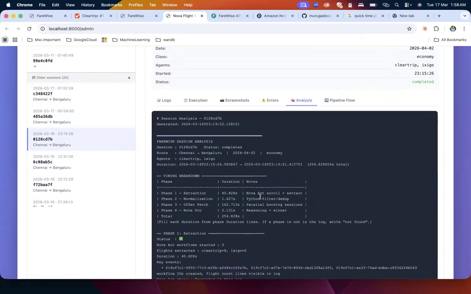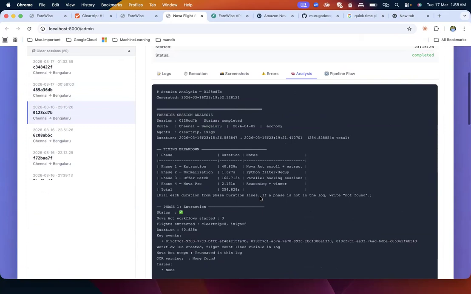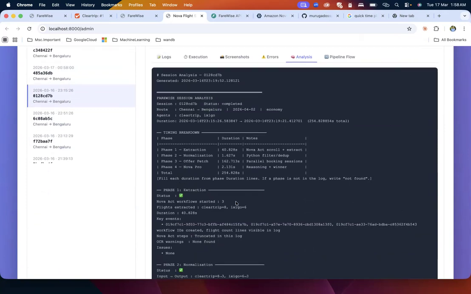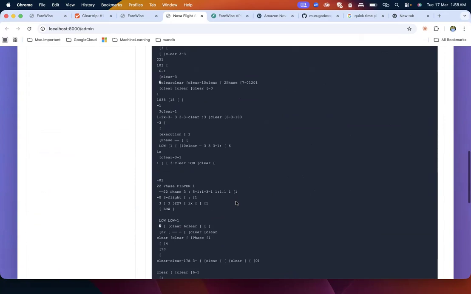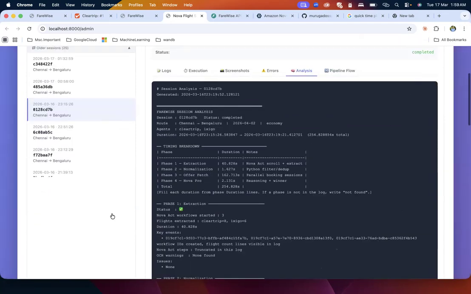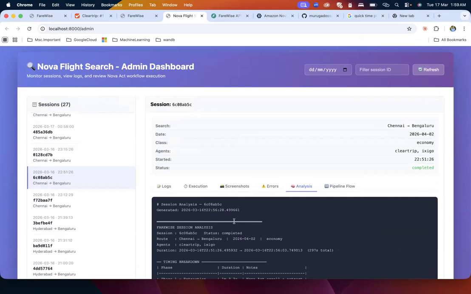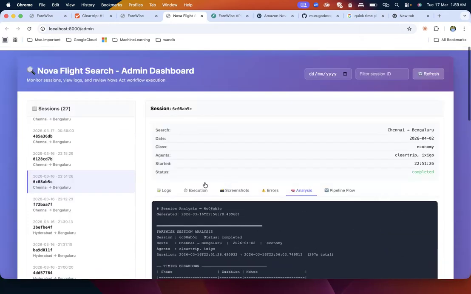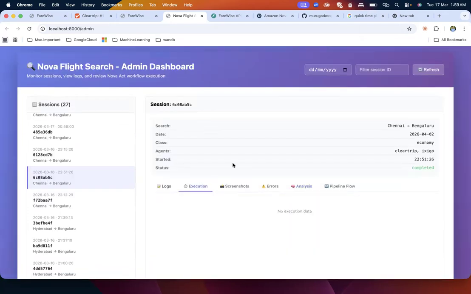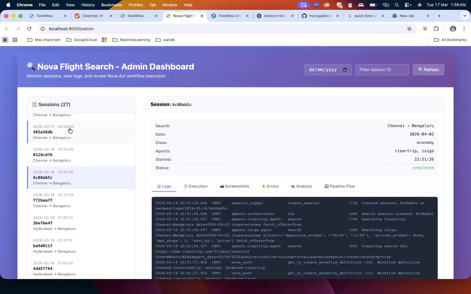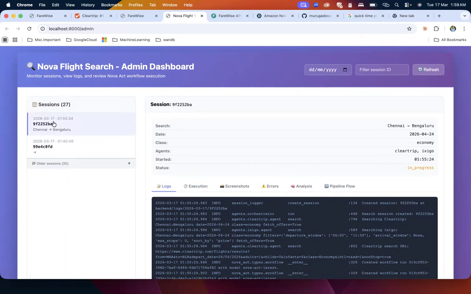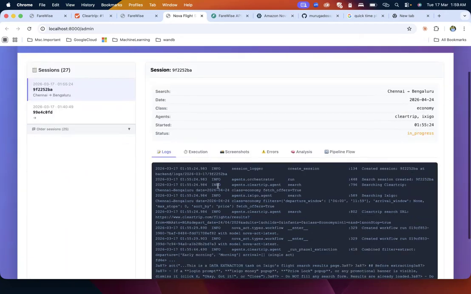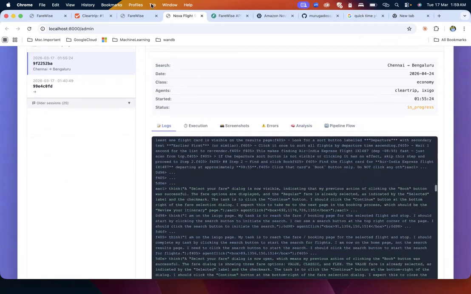At the end of the extraction, we run this through Nova Pro to find how our extraction looks. It gives us the results. I think the last one got captured. So this is how we can expect these things to come, and it rates each of our phases, how it worked, by reviewing the logs. The most important thing is people can review the logs, what is happening in the system. When the system is running, these are all older logs, and this is the newer log. The execution logs show what is really happening here.